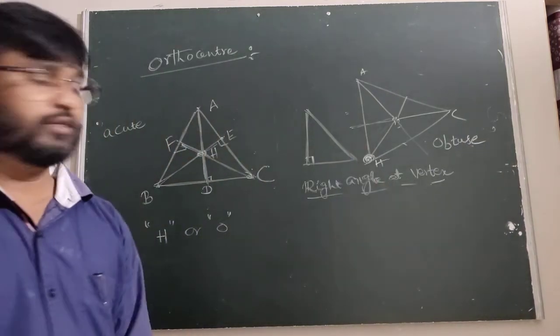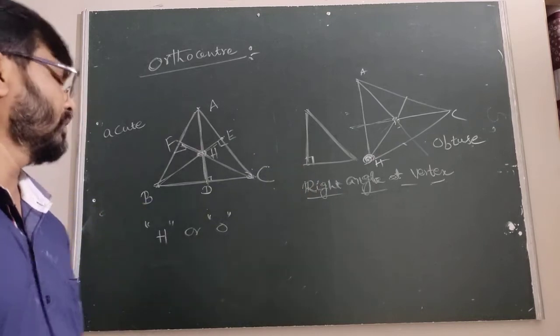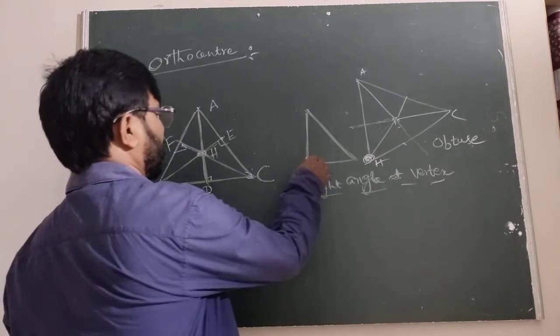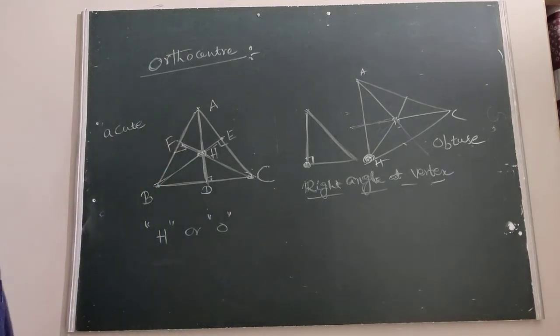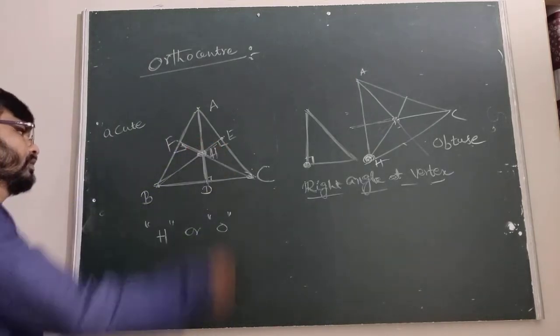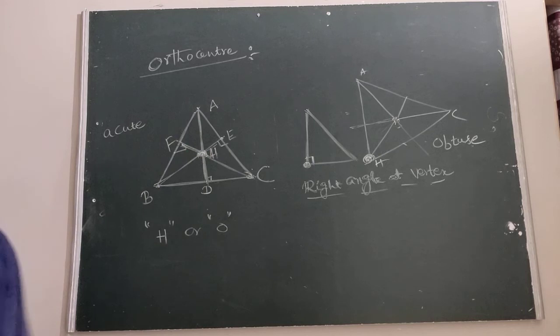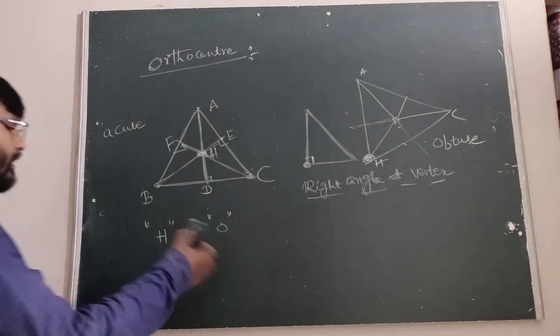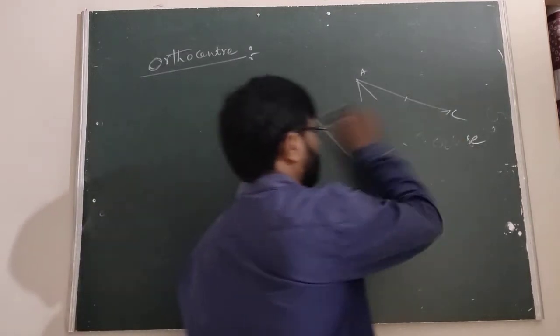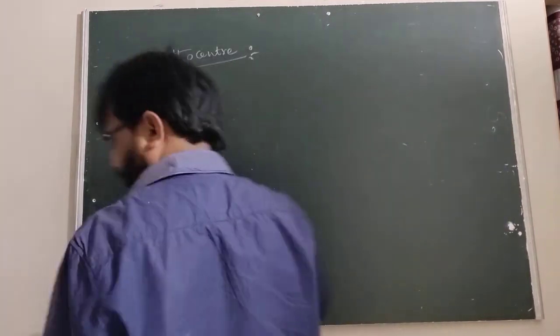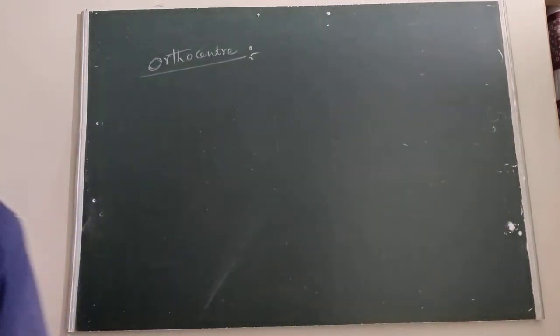Okay. So in a right angle triangle, undoubtedly the altitudes intersect at the right angle vertex. Suppose the orthocenter is this one, undoubtedly this one. So now it is inside of the triangle. Now one more thing is here. Suppose H is the orthocenter. All of you listen. H is the orthocenter.